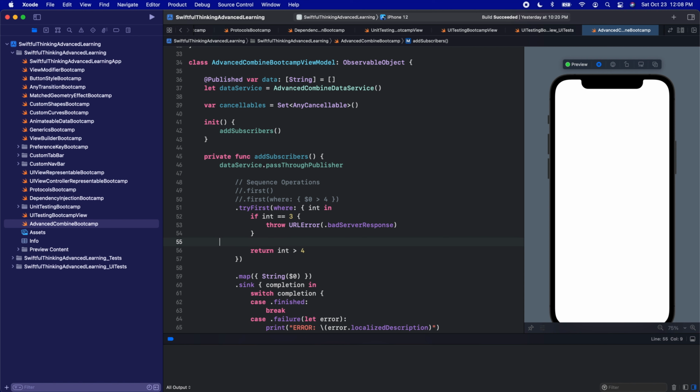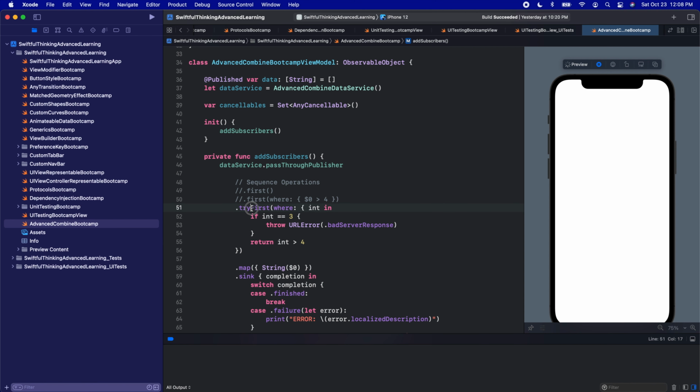So here we are going to try to publish the first value where the integer is greater than 4. However, we have a little closure here that if the integer is equal to 3, instead of publishing the first value as whatever this is, we're going to publish a value that is actually an error. So if I run this now, we are actually not going to even get to this point of the screen